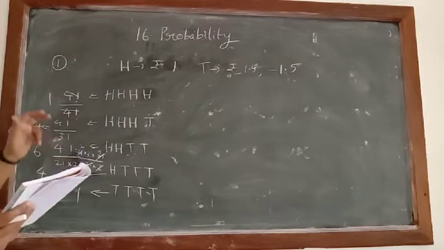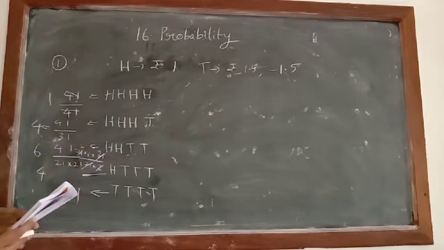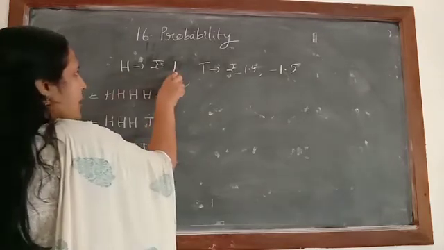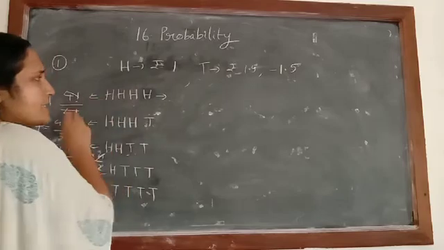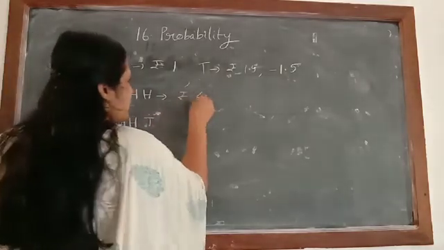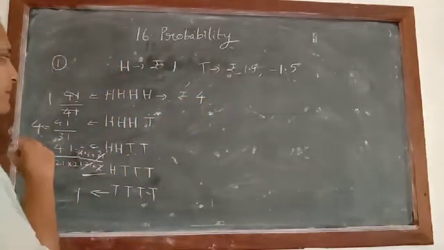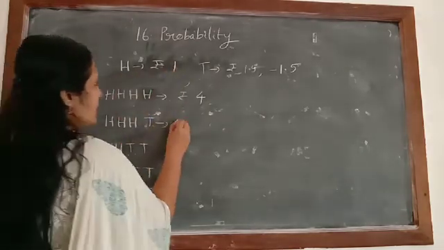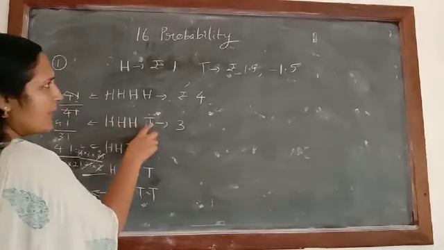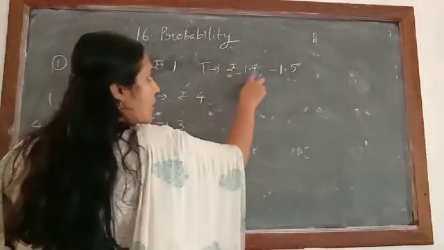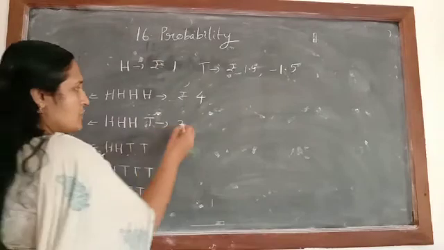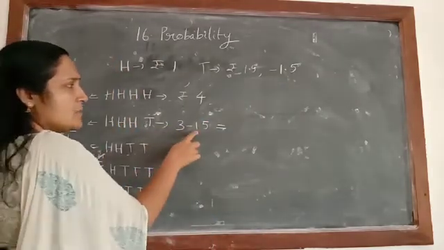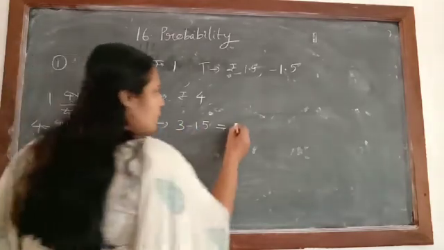Now we can check the prize money for the different outcomes. For 1 head, what is the prize money? ₹1. So for 4 heads it will be ₹4. Then next, 3 heads: the prize money is ₹3. And for 1 tail, what is the prize money? Loss of ₹1.5, so it will be -1.5. So 3 minus 1 is 2, and 2 minus 0.5 will be equal to